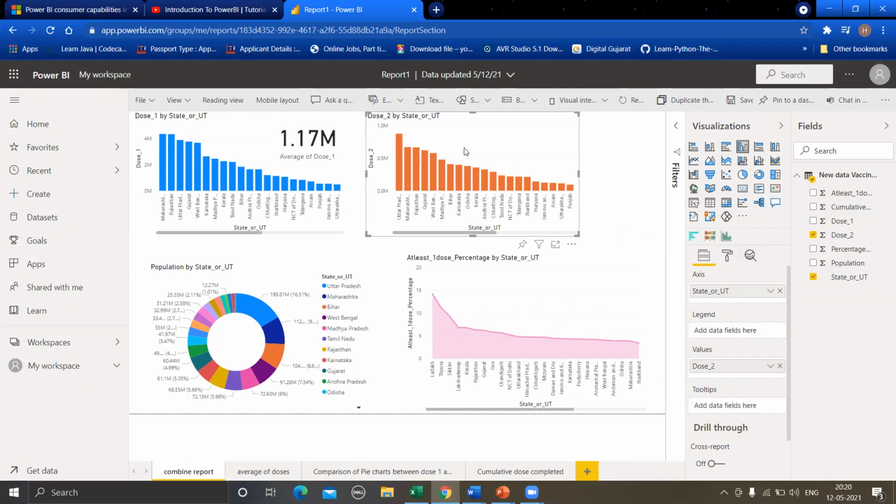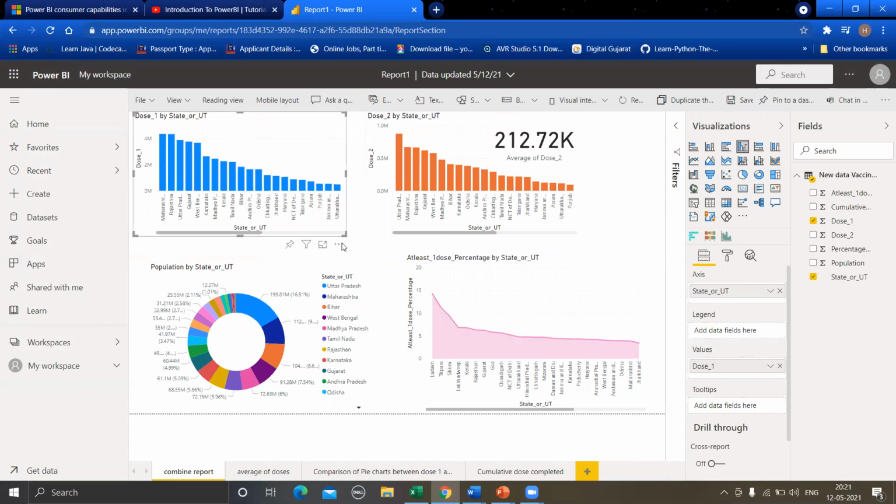This is also my clustered column chart. Both of these charts are a comparison of dose one and dose two that took place in every state of India. This is the average of dose one. Average of dose one is